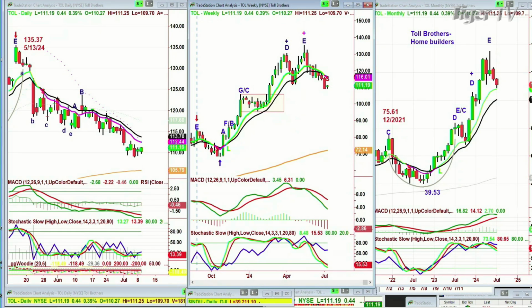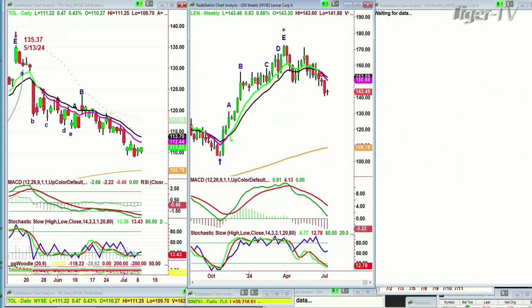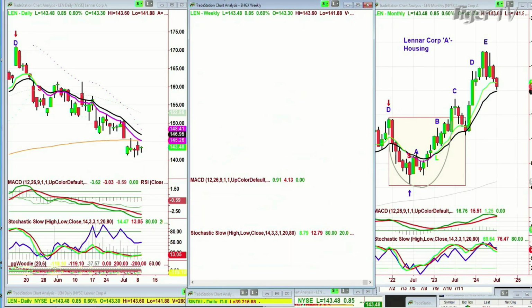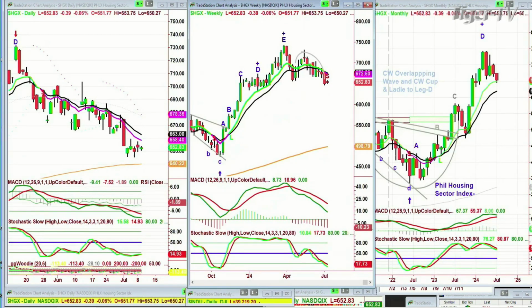But this is Toll Brothers trying to find a base. I did say I think the 106 level, which is the 200-period moving average, will be hit in July. And that's kind of what I'm still thinking. But it is weakening because the weekly chart has gone pink in the 9-period moving average. That's a negative, right? And Lennar, same thing, went pink at least 4 weeks ago. And if you're looking at HGX, yeah, same thing. So I'm just saying that the areas that are contingent upon the success of the whole building area,